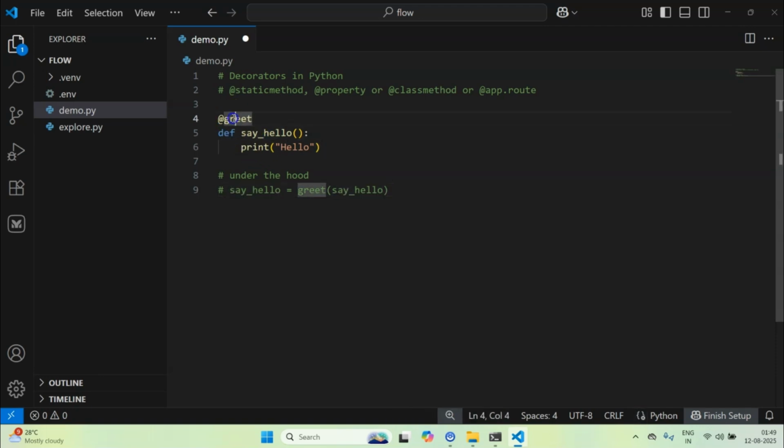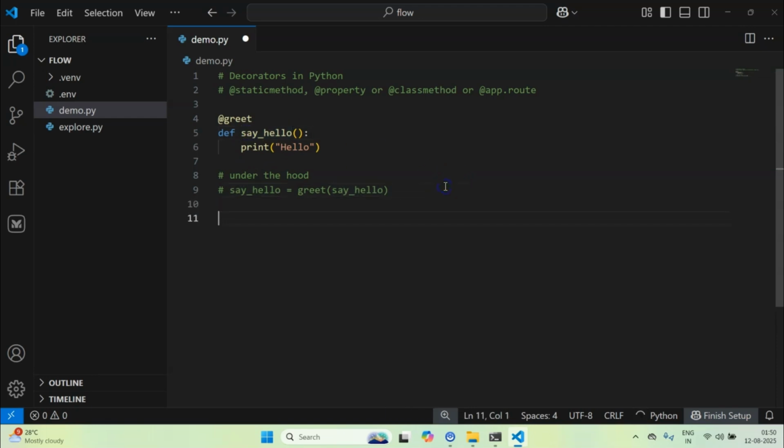So greet decorator is nothing but a function which accepts the function that it is attached to, and it returns that same function, or maybe we can assign it to the same function. That's it. No wizardry. It's literally just calling a function, passing in another function and replacing it. And we can even name it something else, but usually it's named just like this one.